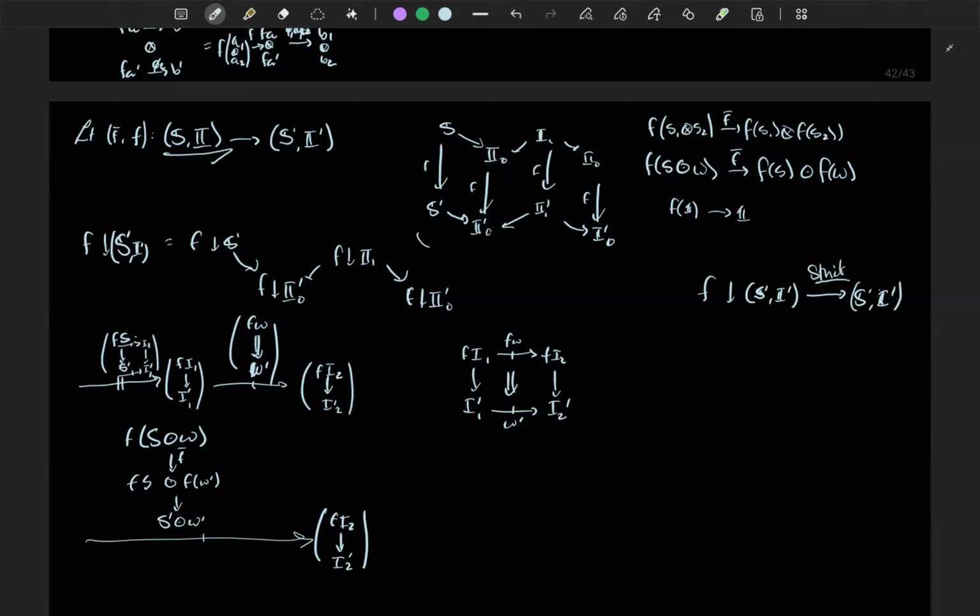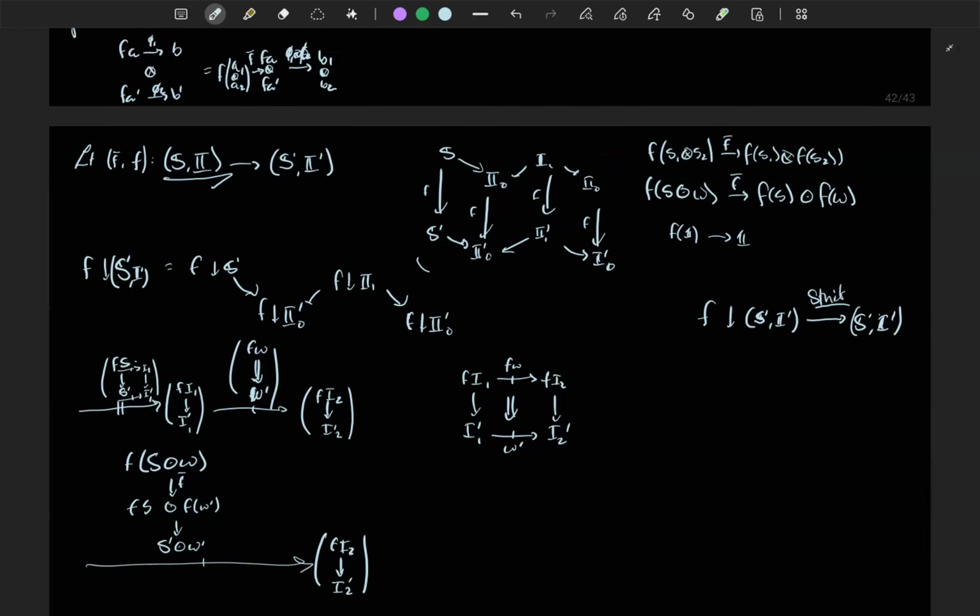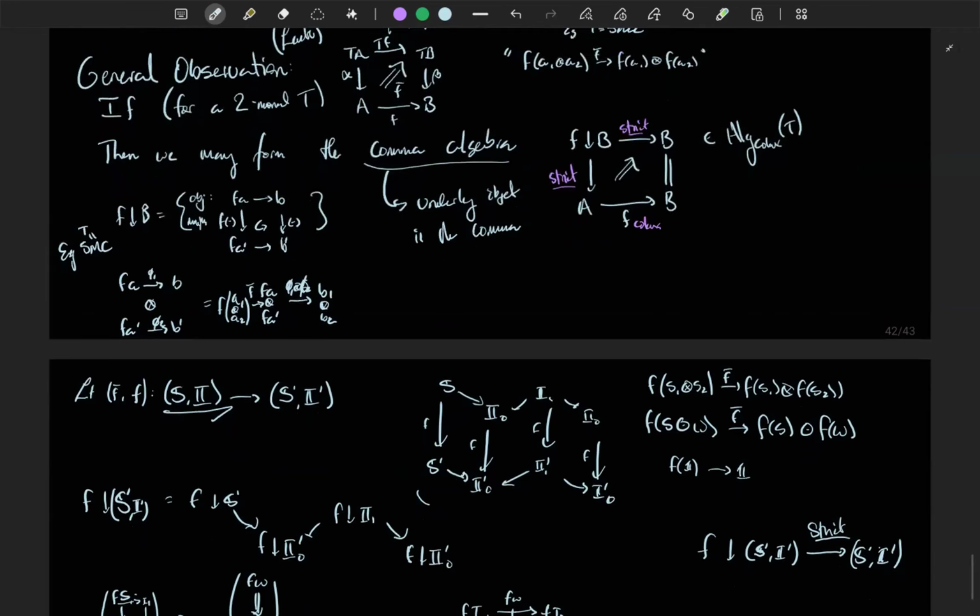It also lives over s comma I via a strict morphism, but we're going to shortly take that domain to be pretty trivial. So we're going to be more interested in this one. And not just is this a strict morphism, but in fact, this here is also always